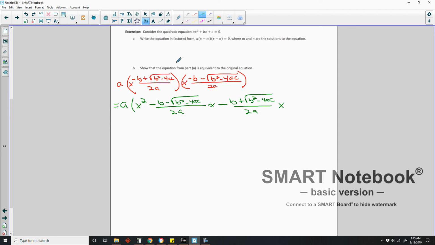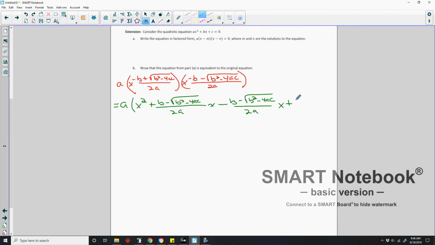This x times this over here, x times a negative b minus, actually this should be plus, and this one should be minus because of the signs when you're multiplying. Not that it matters because you have two different ones, but technically you should do that. Okay, and then last. So it's a negative times a negative, and I need to multiply b times this, so it's this times this, and that is going to give us